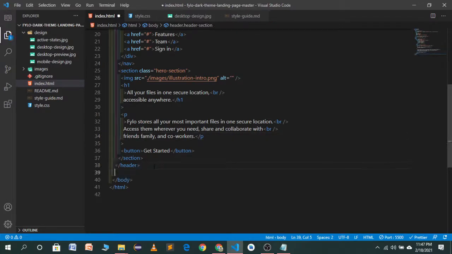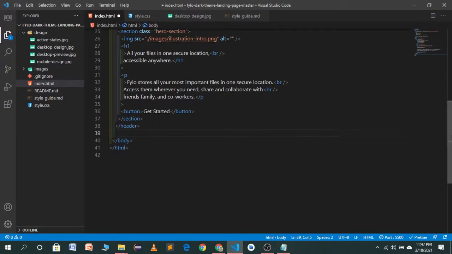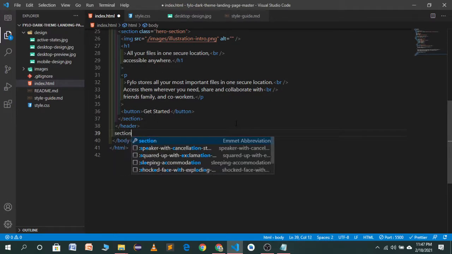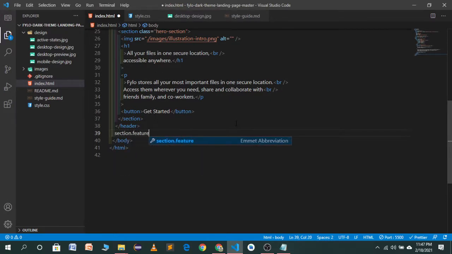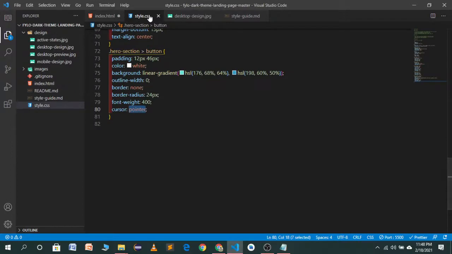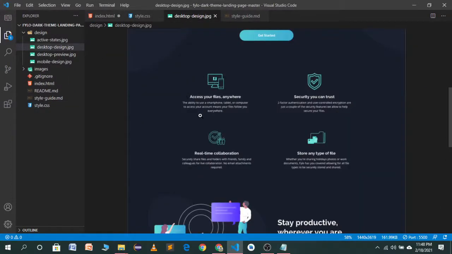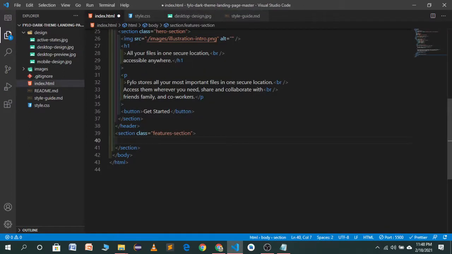Under the header section we have a section which will be called the feature section, and in this section we will have, I think, two containers, feature item container, this one and this one, dot feature dash item.